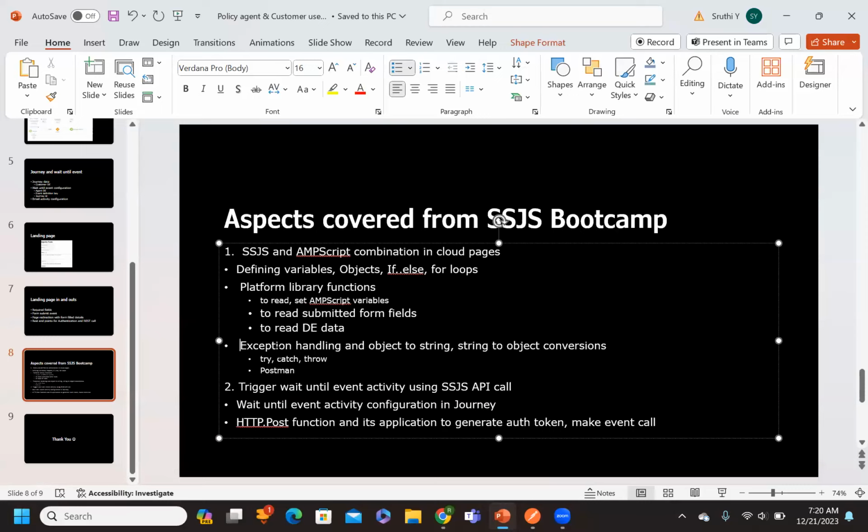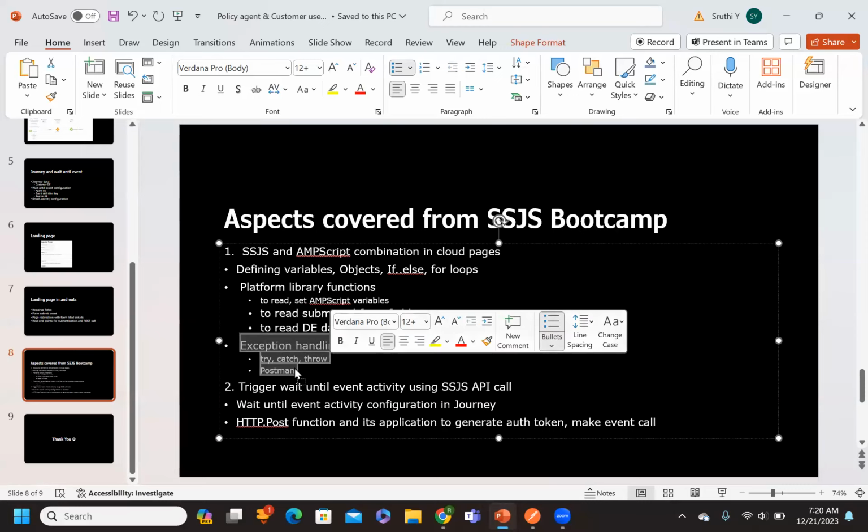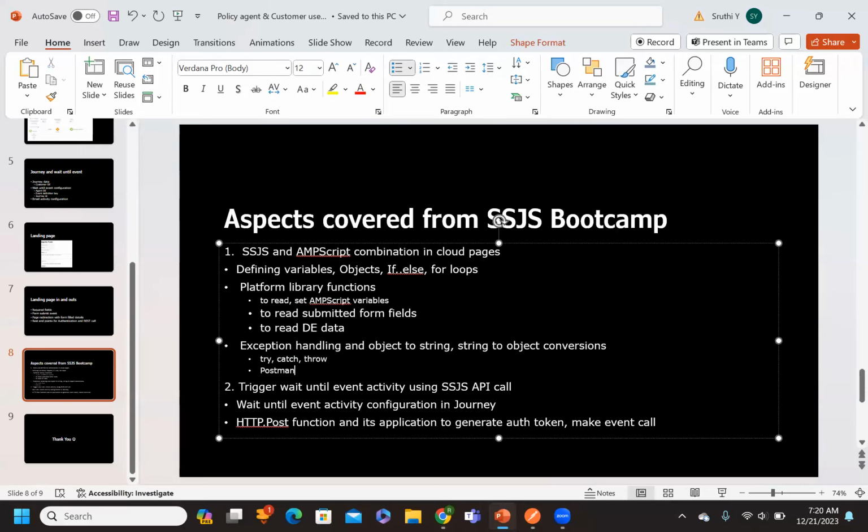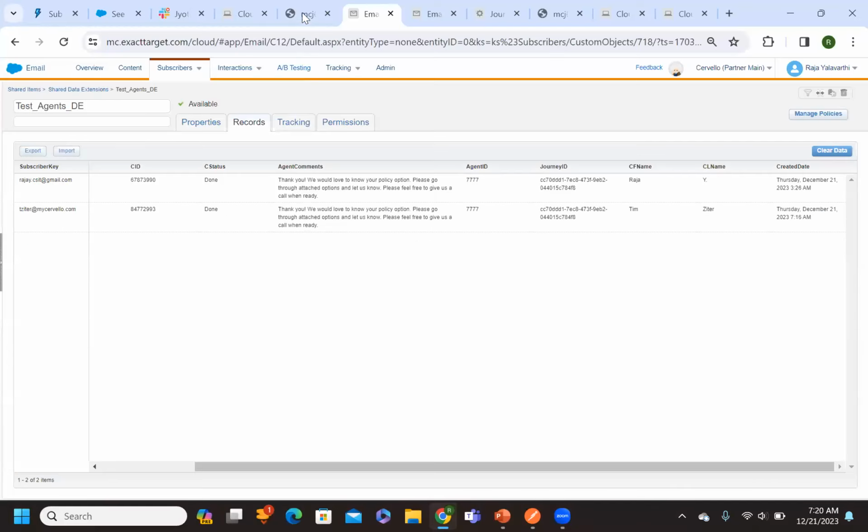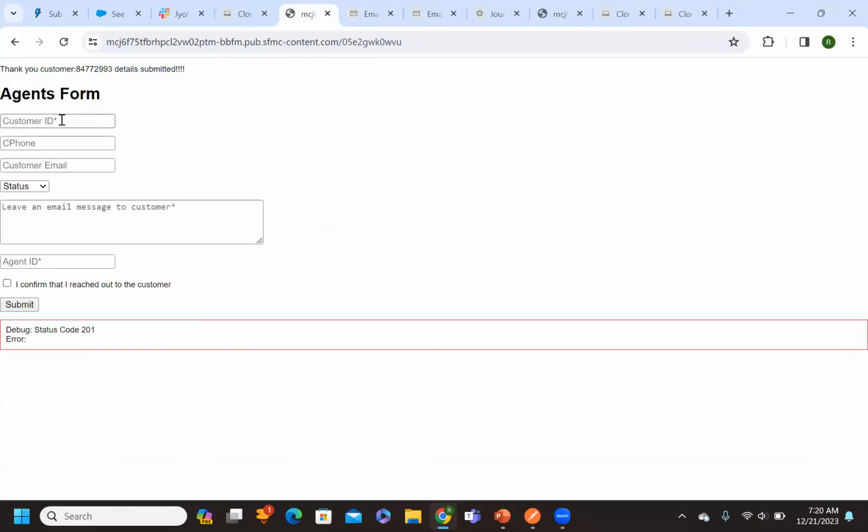And for exception handling, I have used try catch blocks. For example, let's say if I submit some incorrect ID which is not present in my customers list, and still try to submit it,